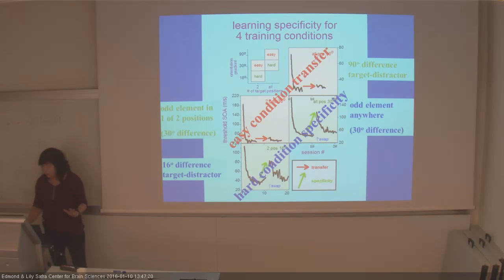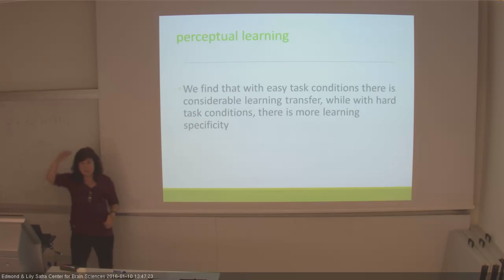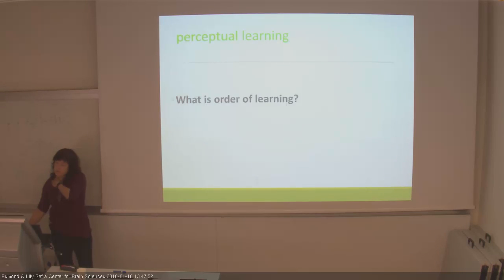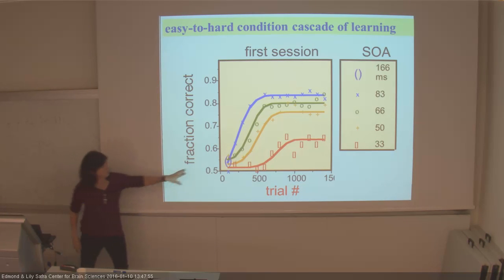Okay? So in our interpretation, we mapped that easy conditions generalize, namely easy conditions are learned at a high level, in the sense just that we reasoned earlier. Okay, it's following just the same reasoning. Easy conditions occur at a higher level because they generalize, and difficult conditions occur at a lower level and they show specificity. And the second question we asked: do we see any dynamics in terms of easy versus difficult? You can guess, right? But the way we see it is very interesting because this is the last